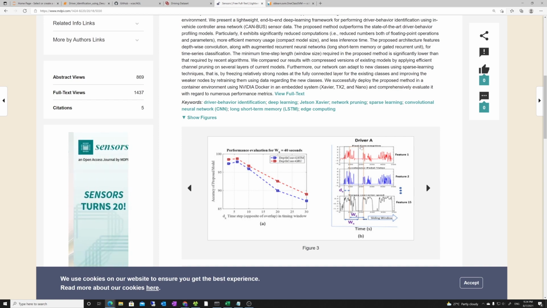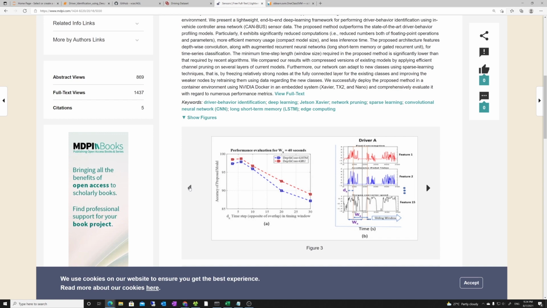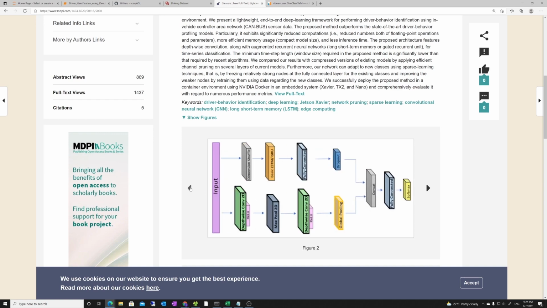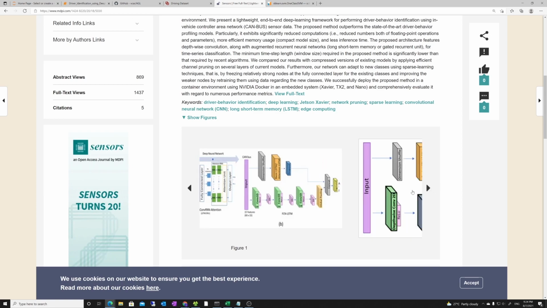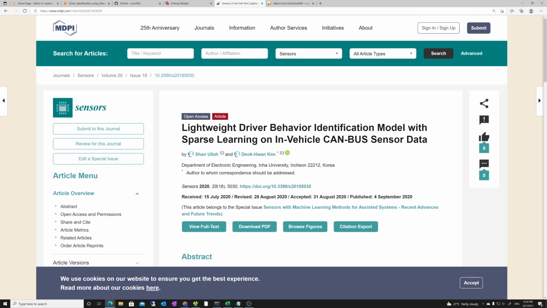And over here you see, we can do it for every driver. We have WX like a window, and we have a jump as well. In time series classification you have to find the appropriate window size and the jump, right? So you can do it. I have also compared my results with this, my proposed network, and I have created a lightweight driver behavior identification system as well. I'm not going into detail, but for this particular video we are only focusing on FCN-LSTM based driver identification